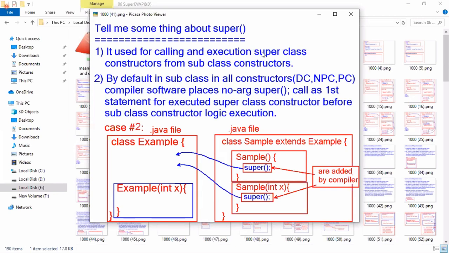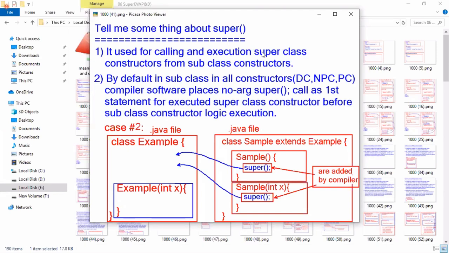No. The compiler always inserts the no-param constructor call only and verifies whether there is any matching constructor in the super class. If available, it compiles fine. If not available, the compiler throws an error. The compiler always inserts only the no-param constructor call in subclass constructors.